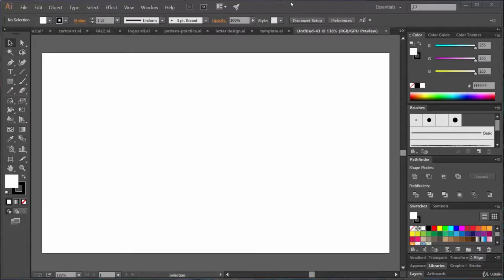Well, in this lecture we will understand how we can use the brush tool. For using any tool, as you already know by now, we need to select that tool first, right? So for that, select the brush tool. It's the paint brush tool. It's located here. So select it to work with it, and now